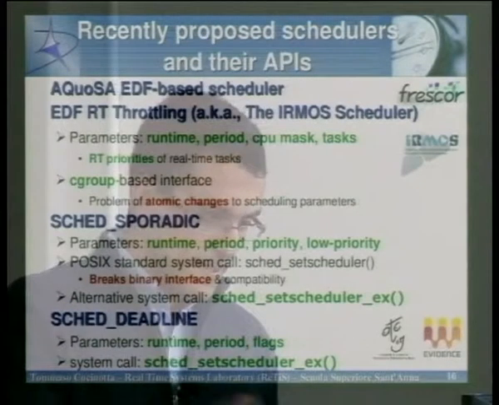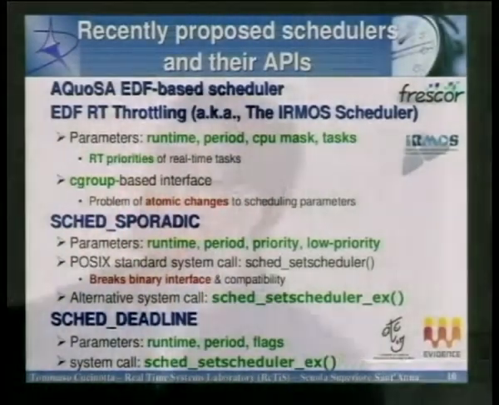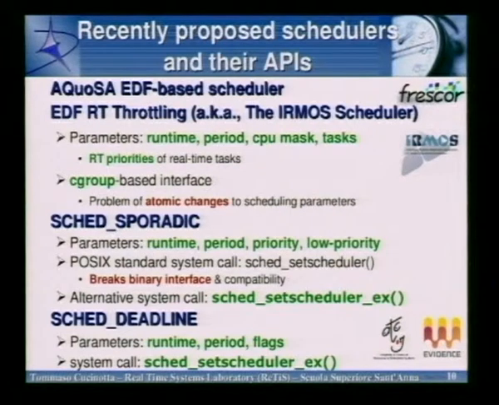So these are the names of the schedulers which we proposed along the years. There was the old AQuoSA EDF-based scheduler sponsored by the Fresco project, which is actually the scheduler on which the experimental results that you can find in the paper are based. However, there are more recent schedulers, which are the EDF real-time throttling patch, also known as the EMOS real-time scheduler,